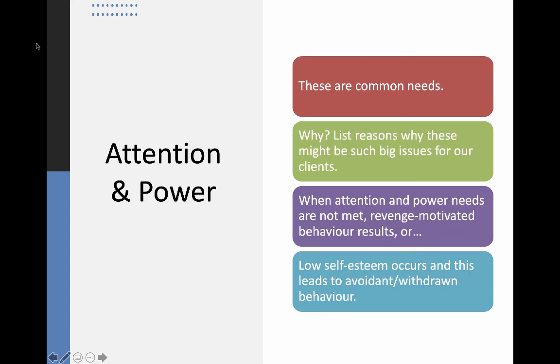The vast majority of behavioral problems you will witness are rooted in a person's need for attention or power or both. They are incredibly common needs, more common in the work you'll do than the needs of physiology, such as food or rest, or pain management. And they're going to be much more common than behavior that reflects anger or low self-esteem. So why?